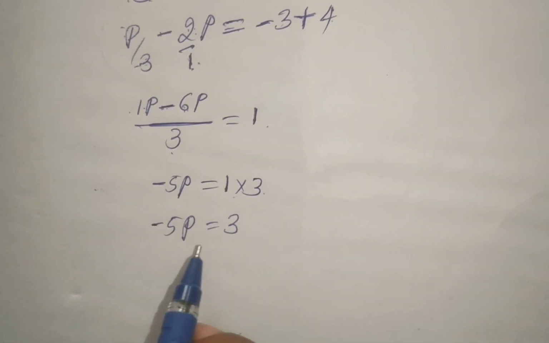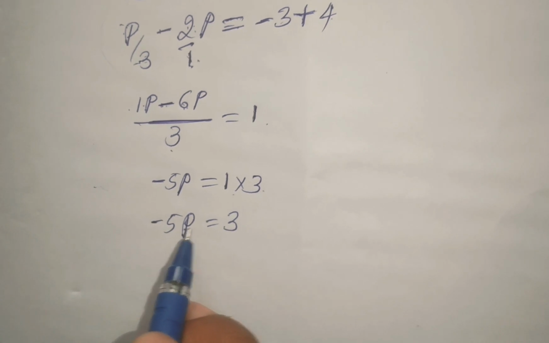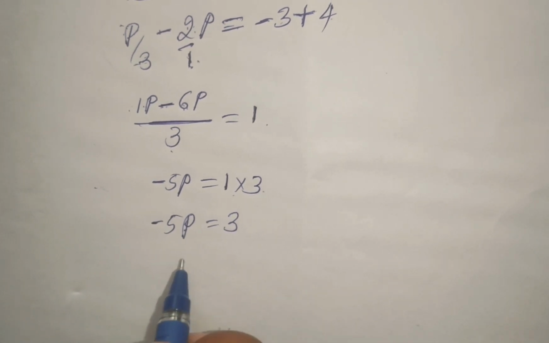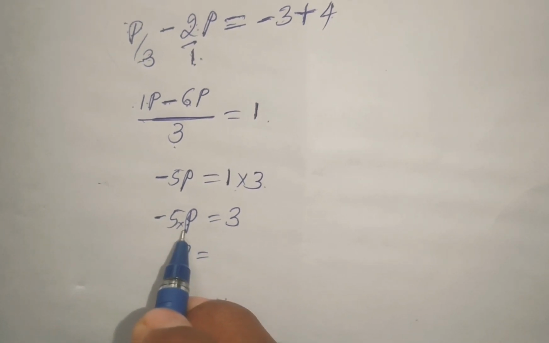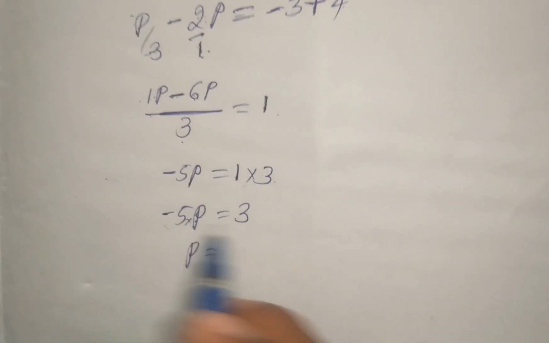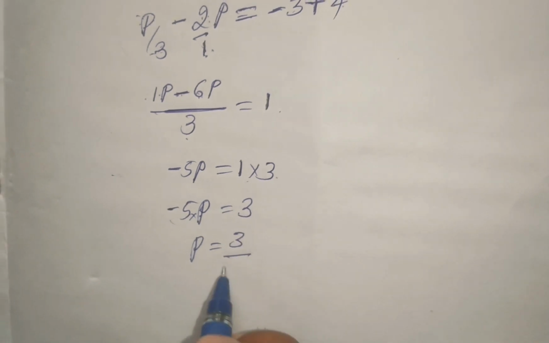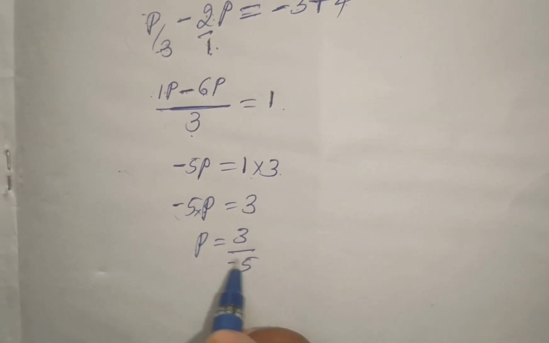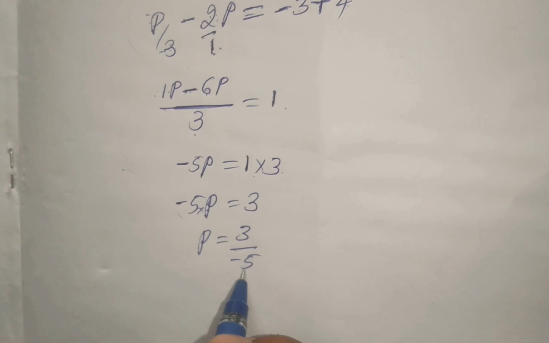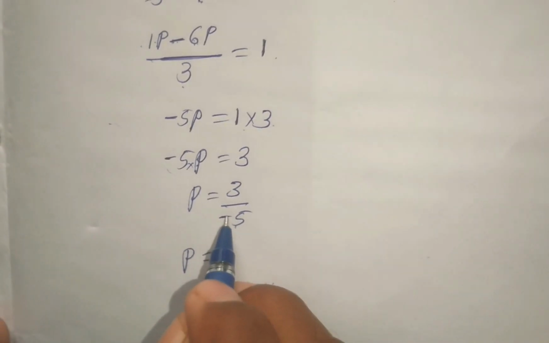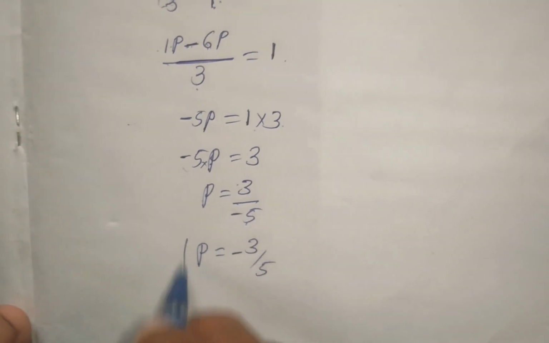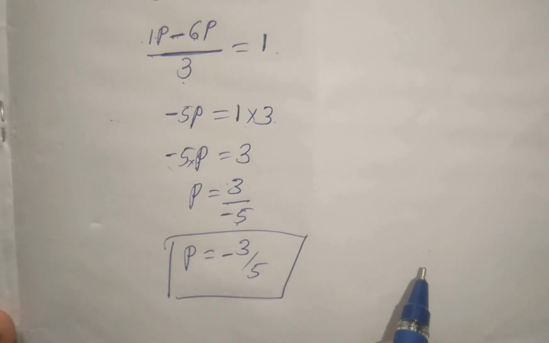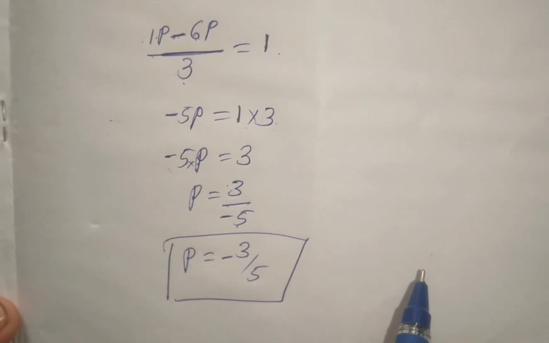Again, now this is not the final answer because we want the value of p, the unknown value. So p is equal to, here minus 5 is there. This is multiplication. Whenever product form is there, that becomes division. 3 upon minus 5. See, this sign will not change. Minus 5 will be as it is. 3 upon minus 5. That means p is equal to, minus is there here, plus into minus, minus 3 upon 5. So this is the answer. Understood now? Okay, thank you.